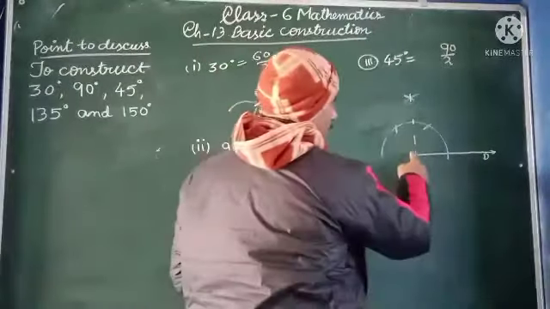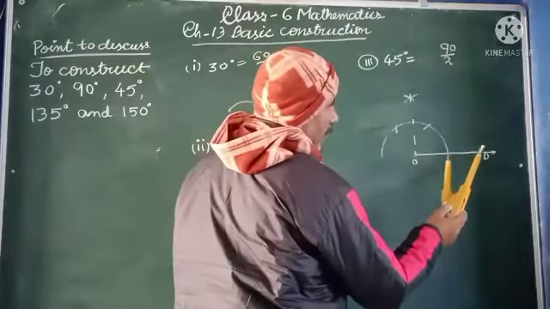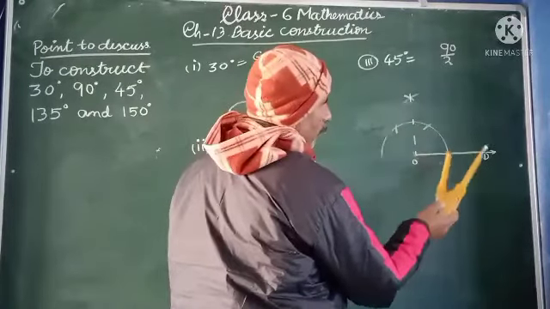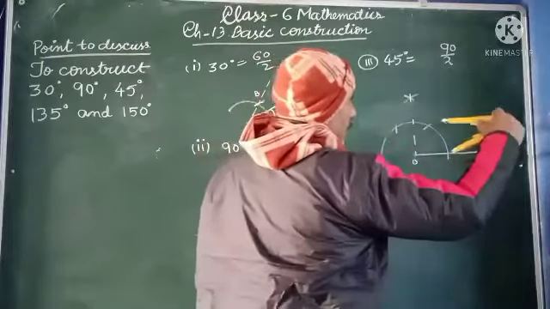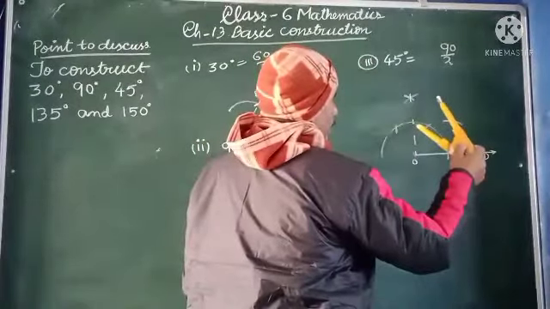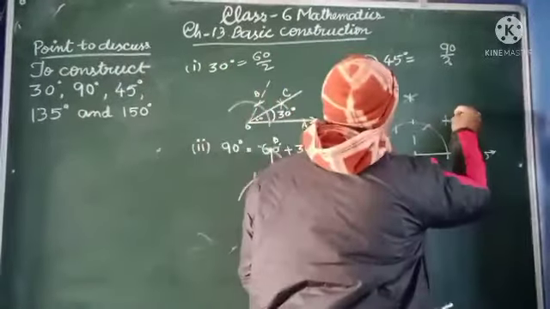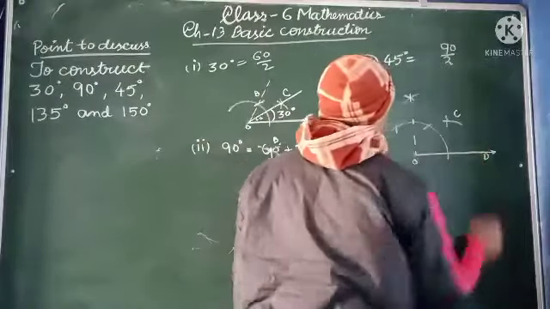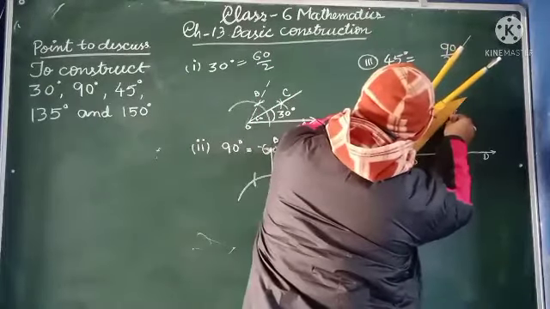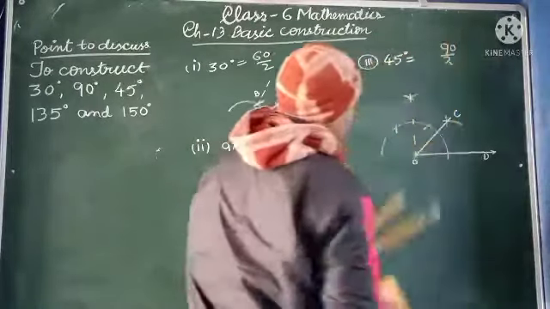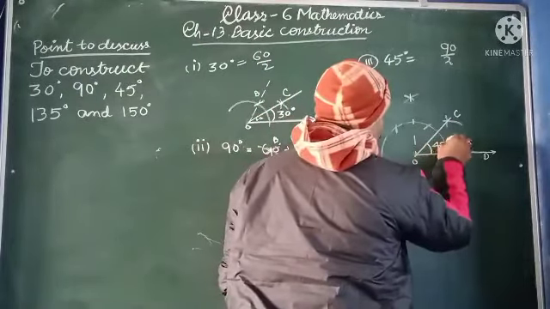So we get a 90-degree here, and by drawing the 2 arcs of same radius from the point of intersection of the previous arc and the arms of this angle, we will get the 45-degree angle. So where this arc intersects, we can mark a point C and join the C to O. Join this point C to O, you will get the 45-degree angle. This is the 45-degree angle.